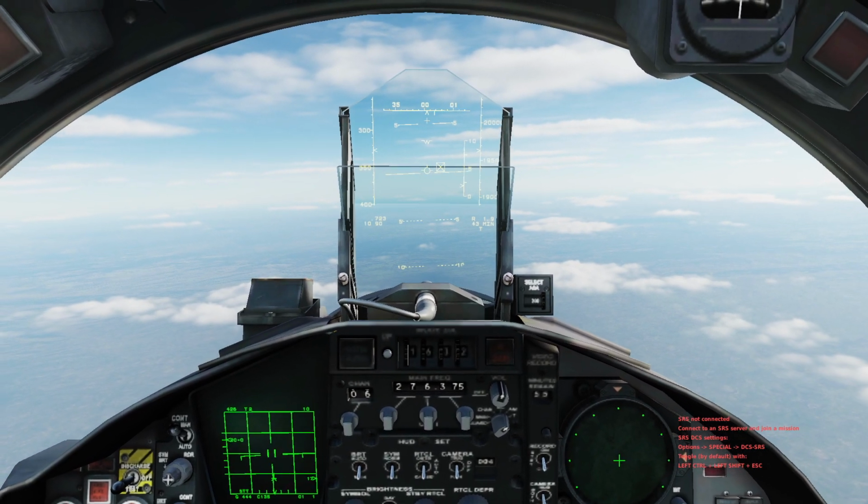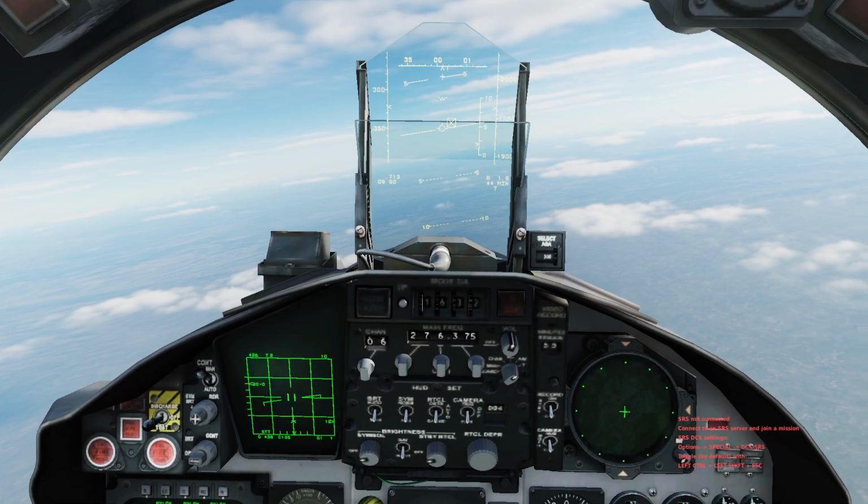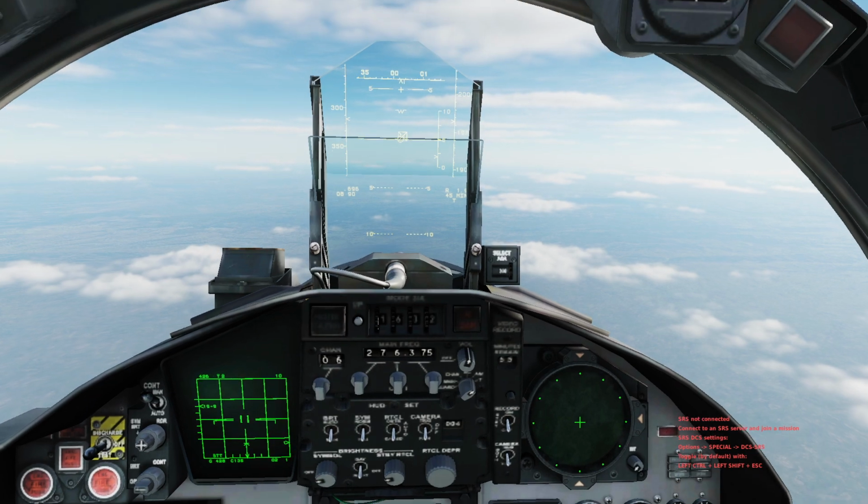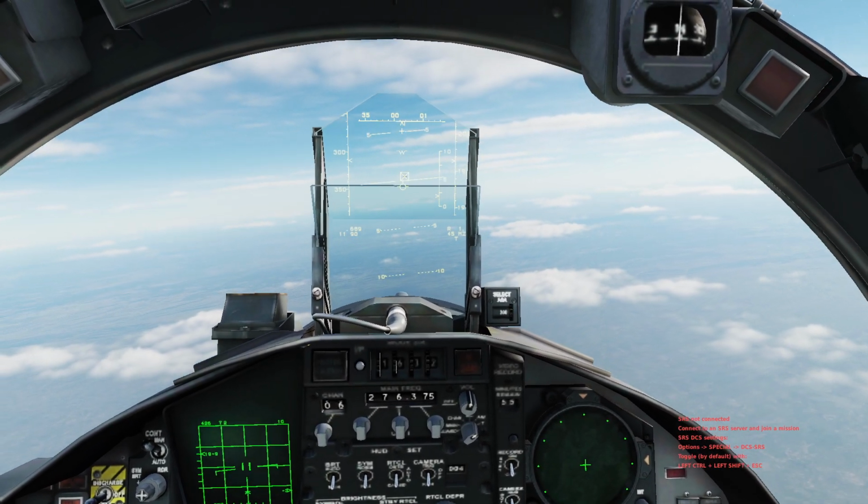Okay guys, here we are back with you in the F-15C. This is for my guys in the 122nd Fighter Squadron. Just going to be doing some air-to-air refueling, and